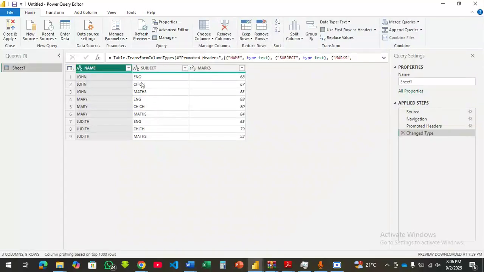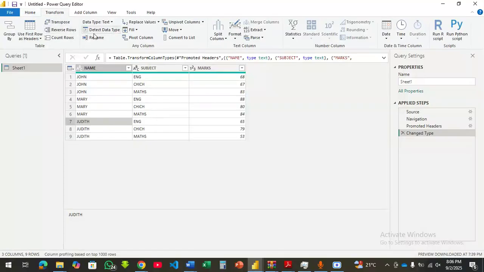So here I'm having English, Chichewa, Maths, but the subjects can be arranged so that here you can have English, here you can have Chichewa, here you can have Maths, and here you can just have the names of the three students. For example, to do this, what you do is you go to transform,